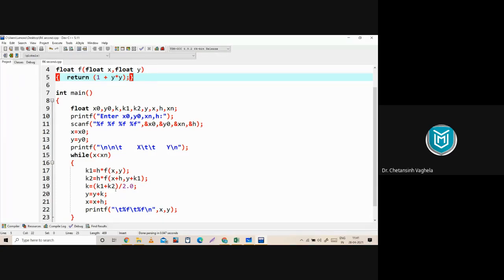Once those changes are done, you run your program, but instead of taking the function 1 plus y square, take an example from your classwork. You already have many examples in your classwork. Take any example, change your function and your input values accordingly, run your program, and match your output with your answer, so that you can check whether your program is working correctly or not.